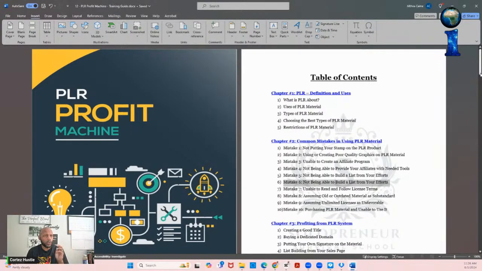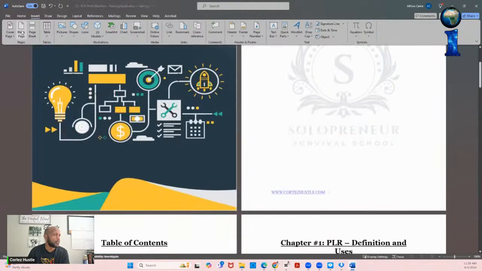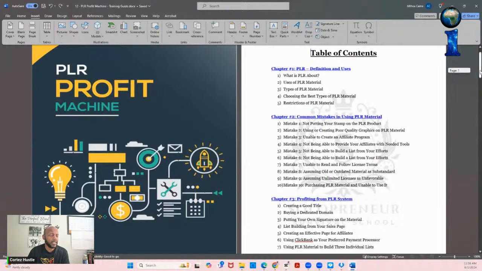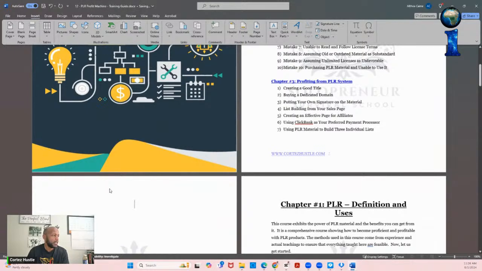The next thing I'm going to do is come down here. I'm going to put my cursor in here, and then let's see, I'm going to insert a blank page. Actually, let me undo that. I'm not going to put the blank page there. I'm going to put my blank page after the table of contents. So I'm going to insert a blank page, and then I'm going to come over here, and let's see,